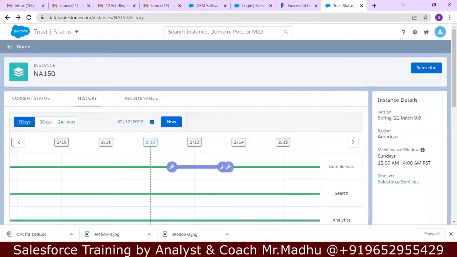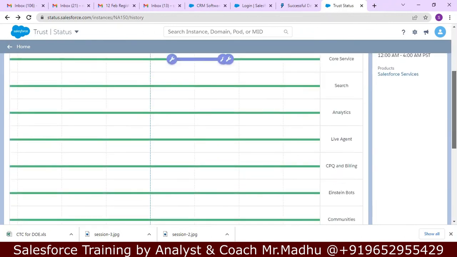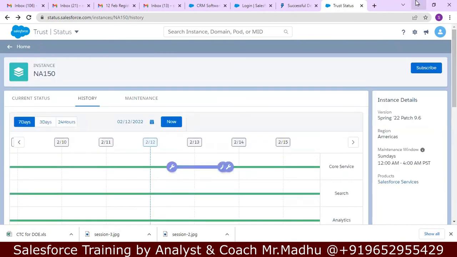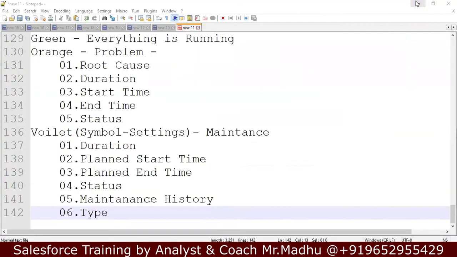So this is all about, practically, we have seen how to see the status of the server. In status.salesforce.com, we can see the status of the server, history of the server, and maintenance history.